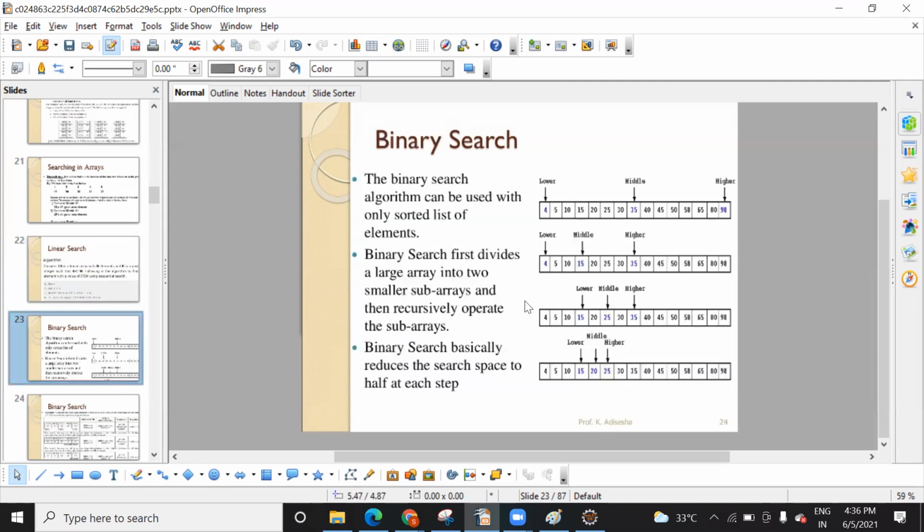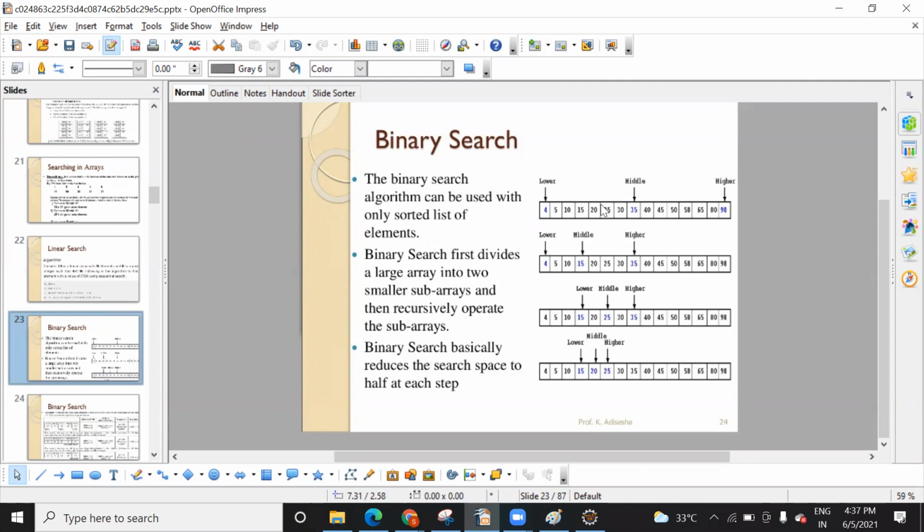Binary search is where you apply a logic. I will explain this binary search in the next class, because it has a formula that you need to have. Did you see about the Schaum's series book? I know that binary search formula: it is lower plus higher divided by two. That will give you the middle one.